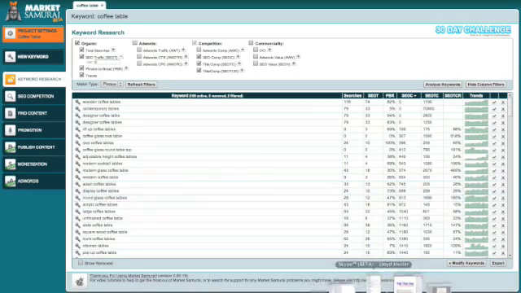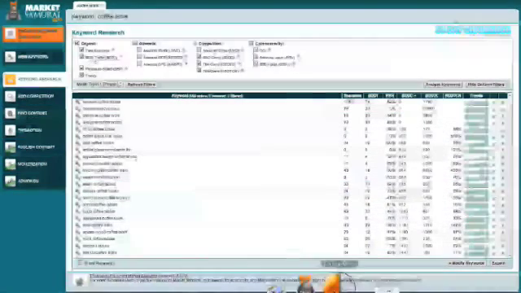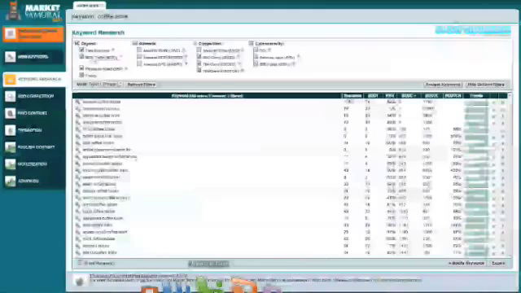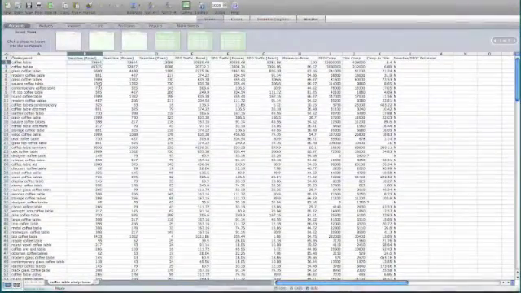What I've done, if I can find it, I'm going to send you this. I'll email you this. You can have a look at this yourself. Now again, broad match, that means that some or all of those words are in